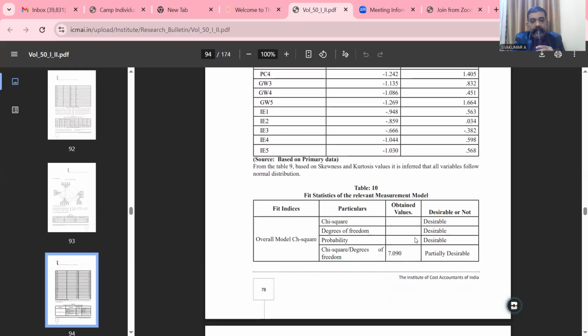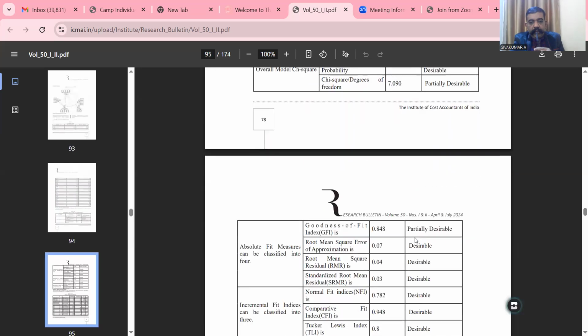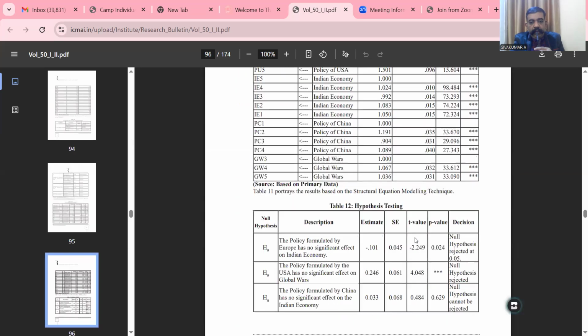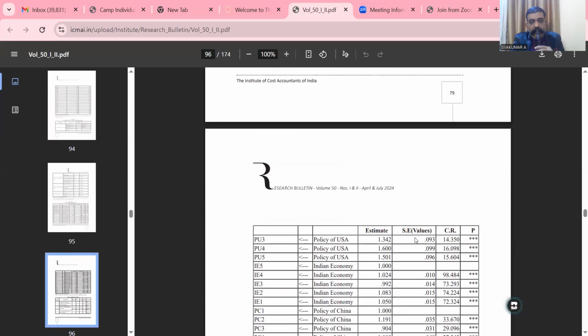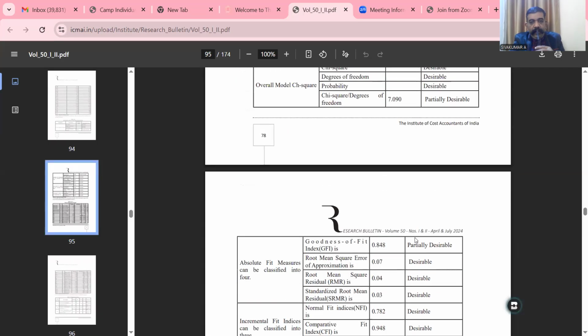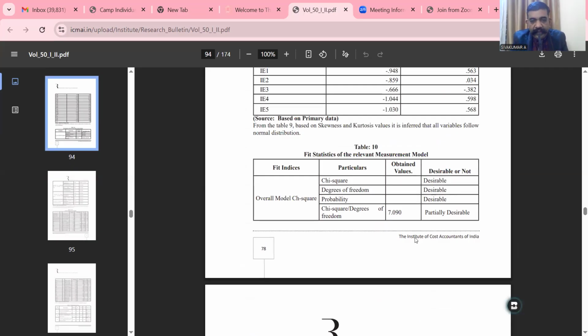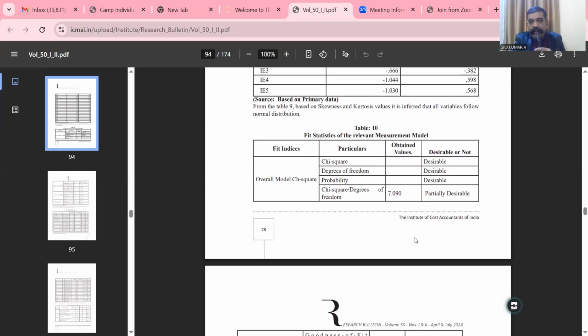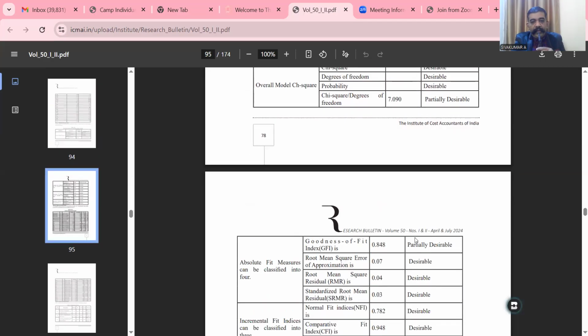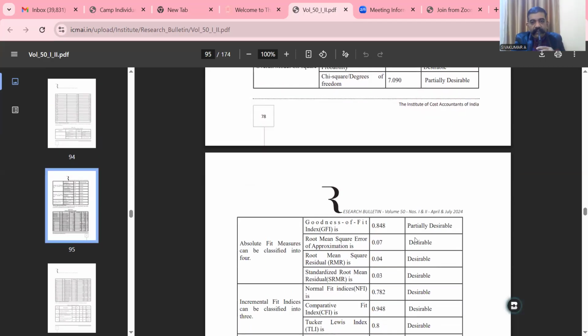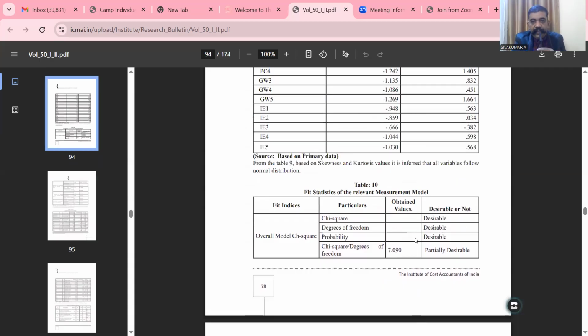Normality values, then model fit indices. You have to write a table related to the fit statistics of the relevant measurement model. You have to write the fit indices. You have to write the fit statistics of the structural equation model. Then you have to write the different fit statistics, the different model fit indices,